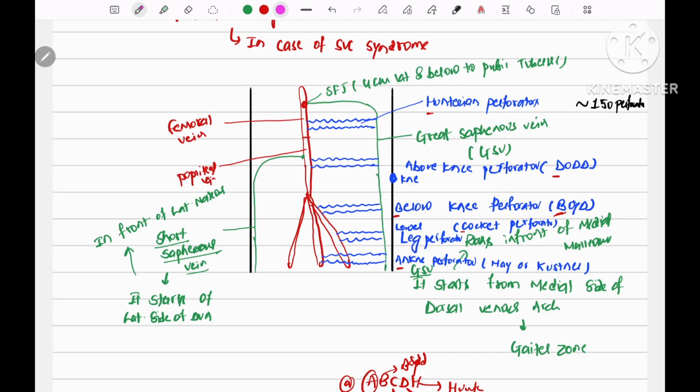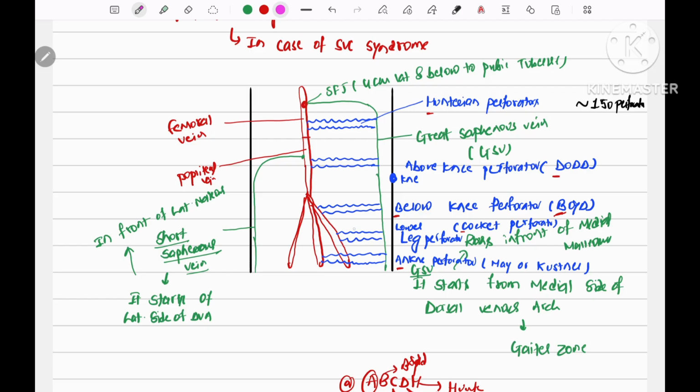They drain the blood from the lower limb and put it into the femoral vein at the level of the saphenofemoral junction. The amount of blood which the great saphenous vein cannot put back into the venous system, it pumps through the perforators into the femoral vein. But when there is pathology at the saphenofemoral junction, or when there is pathology at the perforator level,